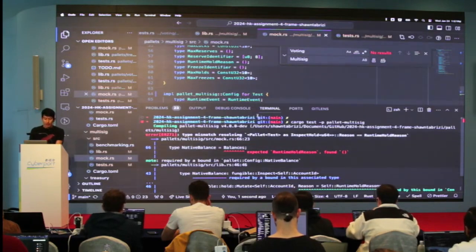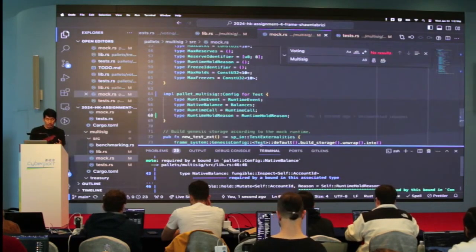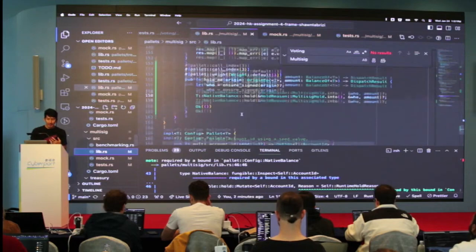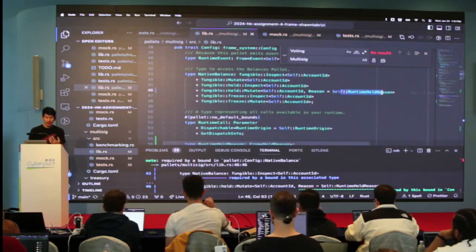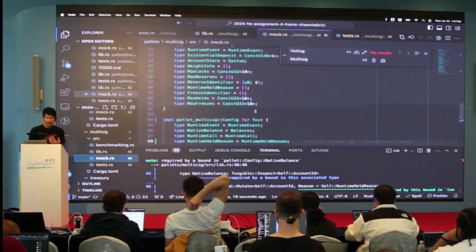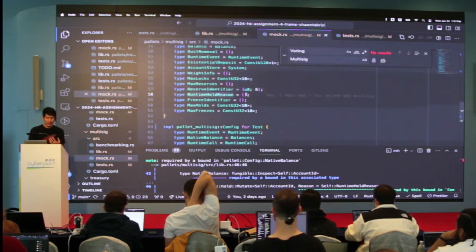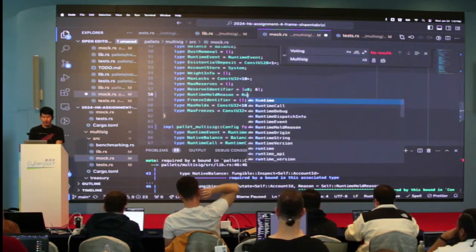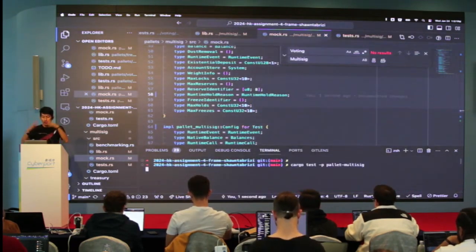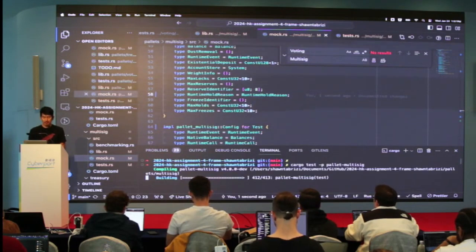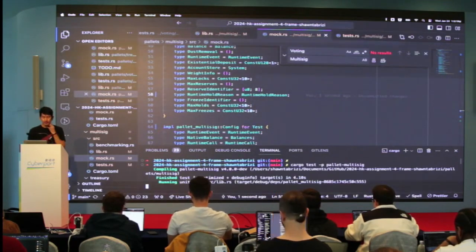Oh, expected. So the last thing: I told my code that this reason must be this type, right? But then in my mock, I configured the reason as the unit type, which doesn't match. So this needs to be runtime hold reason for everything to match. So Rust is checking all the types being correct. And now it works.